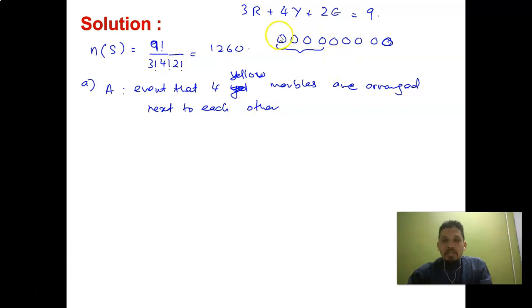So we imagine that these 4 as one unit. So if we arrange it, 4 here, or might be in between this 5, okay? So we consider this 5 as a 1 unit. So 1, 2, 3, 4, 5, and 6. Okay, so then